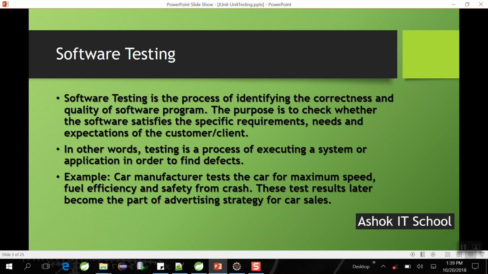When we develop a software application, we don't give that application directly to the customer. We need to check from our end whether that application is executing as expected or not, and we need to validate whether all the client requirements are satisfied in this application or not. The process of testing all the requirements of the client with that application is called software testing.